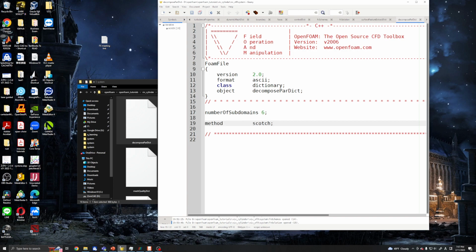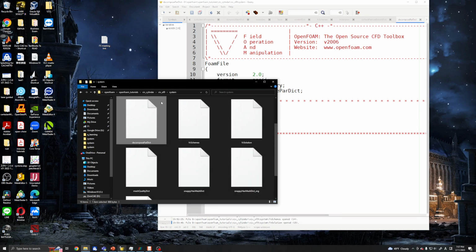So Scotch is useful for complex geometries, and it's like my go-to algorithm for decomposing. So I use this one, the setting is also simple. If we want to use something like hierarchical, we may need some other settings. Okay, so this is